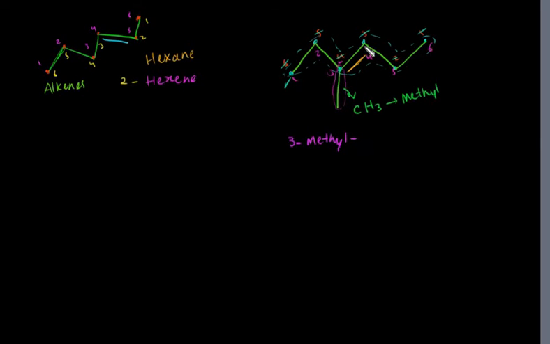As I know, this double bond is between 3 and 4, and what I need to choose is the lowest number of them. So it will be 3 dash